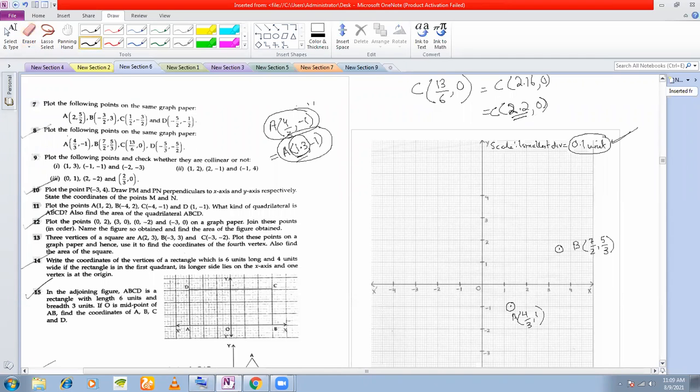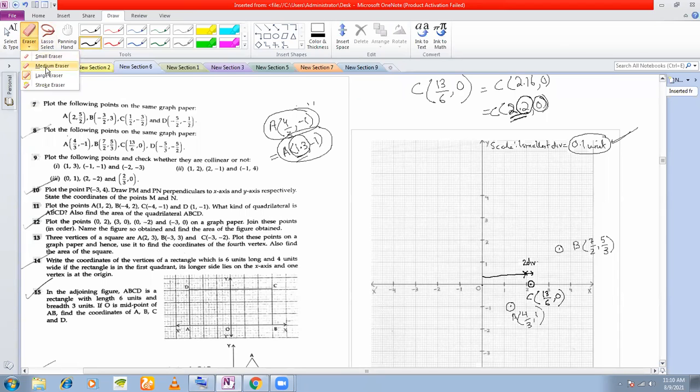If we have 2.2 and y coordinate is 0, where will this point lie? If y coordinate is 0, it must lie on the x axis, right? And which way in the x axis? You look at the x coordinate. This is positive. So from the origin, you start moving in this direction. Once you start moving in this direction, you reach 2 here, right? Now you have not only 2, but you have 0.2 also. For 0.2, how many divisions do you have to move? 2 divisions. Right? So your point will be somewhere over here, 2 divisions to the right of 2. So this point is your C, (13/6, 0).